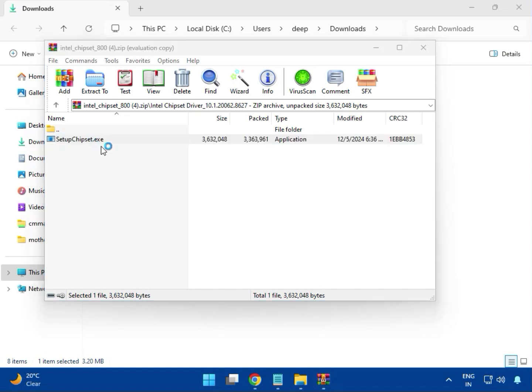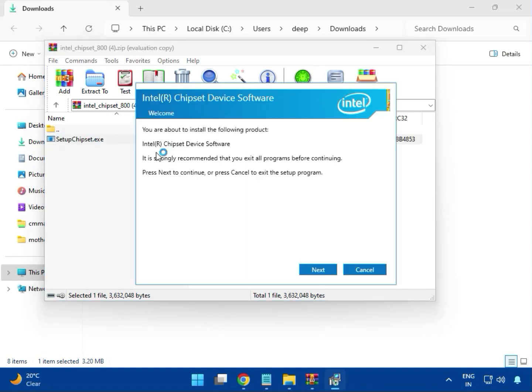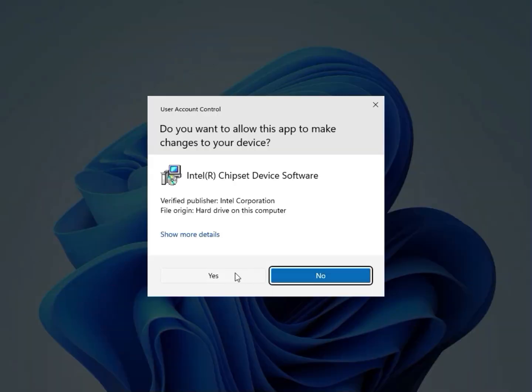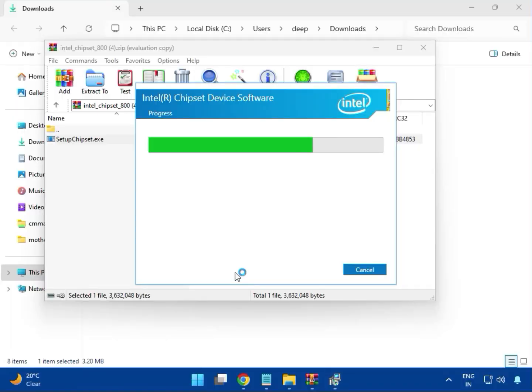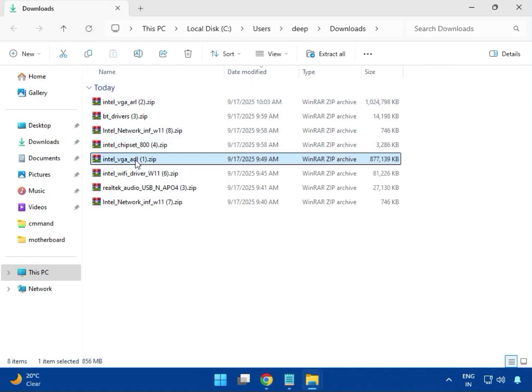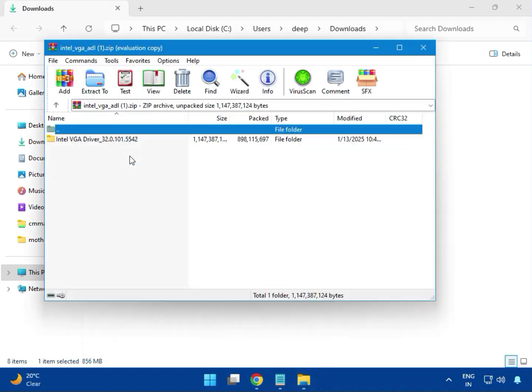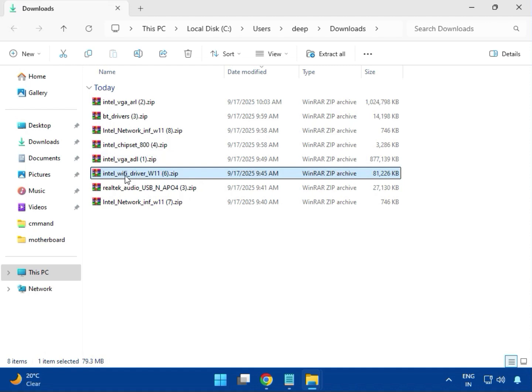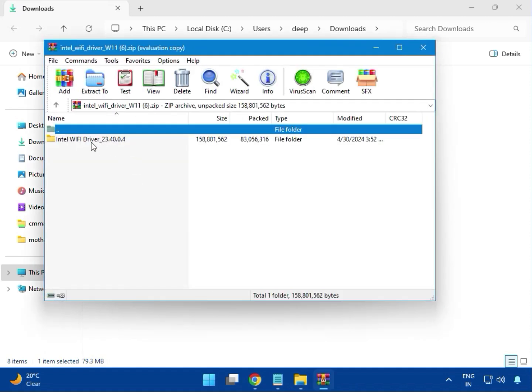Just double click to launch the exe, and then next, accept, install, and then yes. So it is done, then click OK and then close it. Then VGA driver, so just double click. No, this is installed. Then Wi-Fi driver, just open it, open Intel